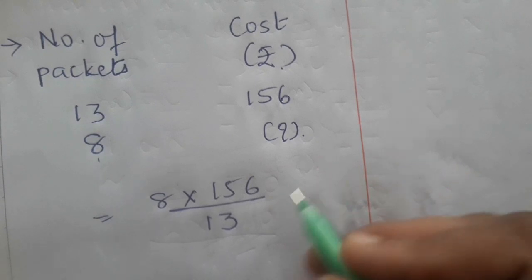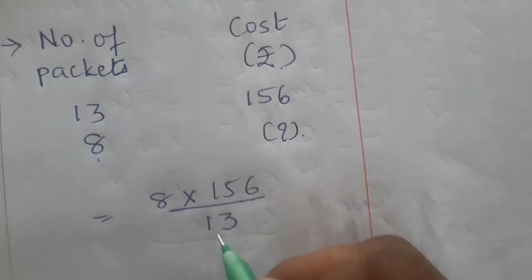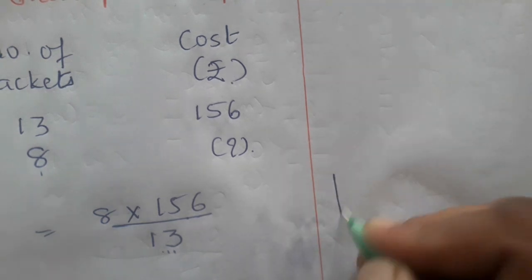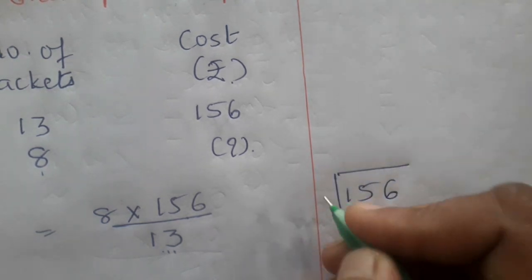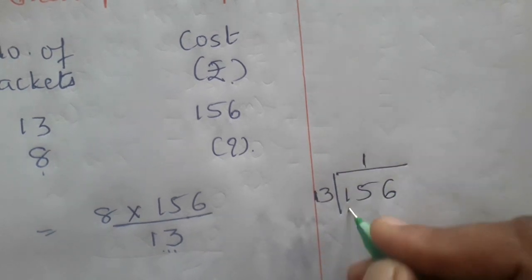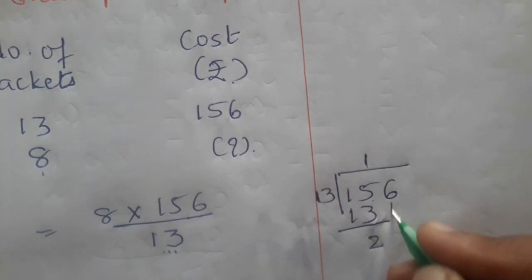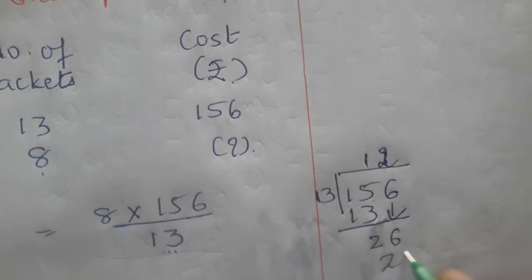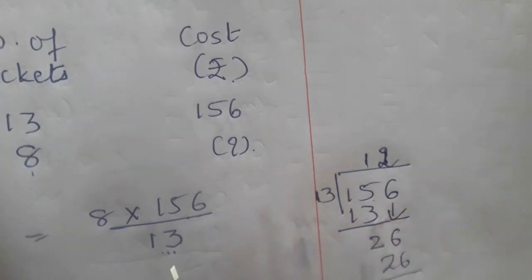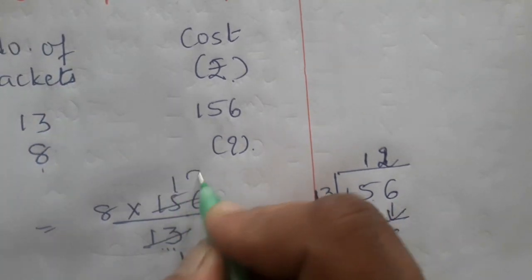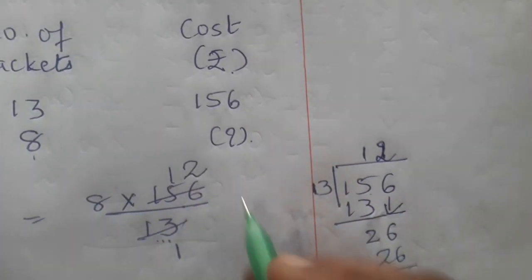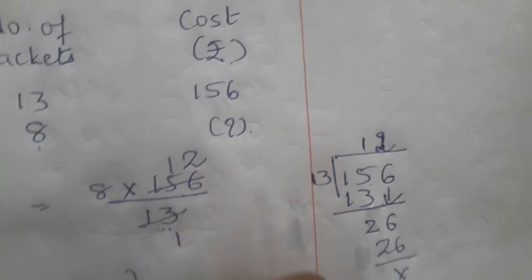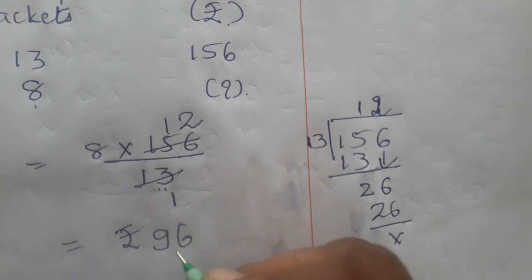Okay, so here 156 is divisible by 13. So divide it and check. This is your rough column. So here write 156 divided by 13. 13 ones are 13 and 2. 6 you will bring down. And 13 twos are 26. So what did you get here? 12. So 13 ones are 13 and 12s are 156. Okay. Now what is 12 eights are? 12 eights are 96. So write here rupees 96.